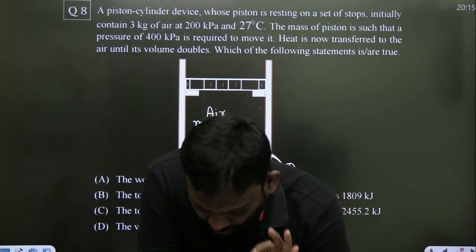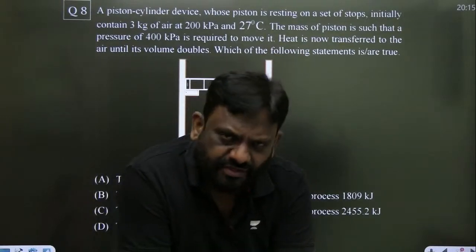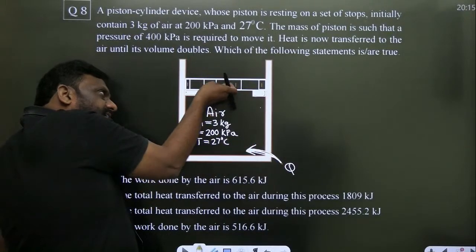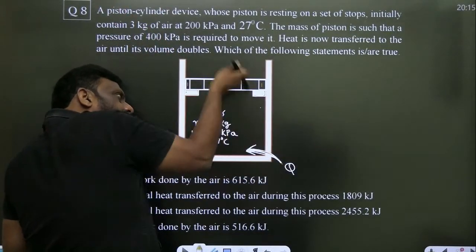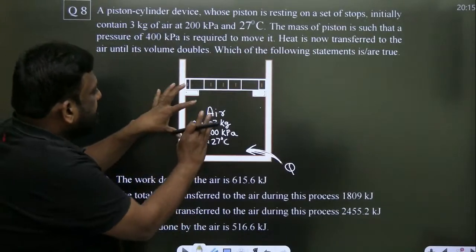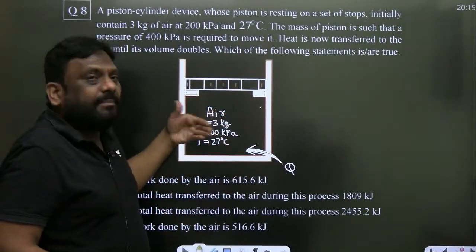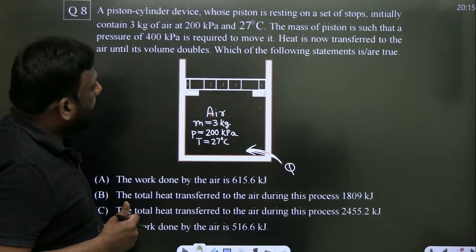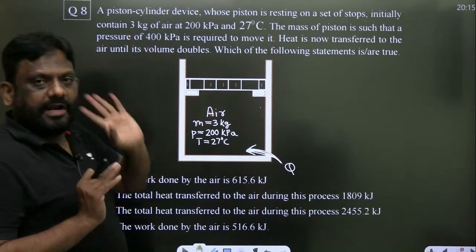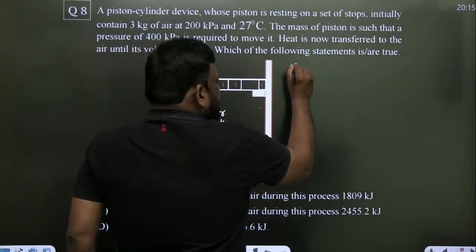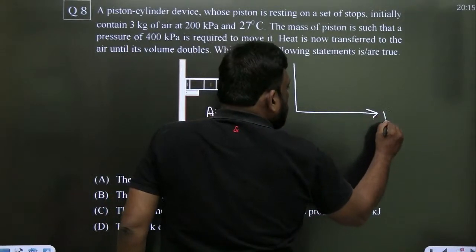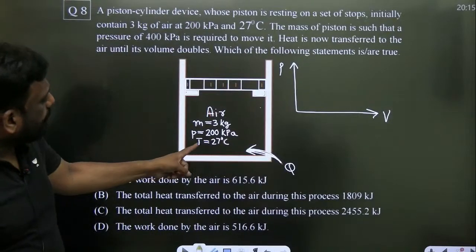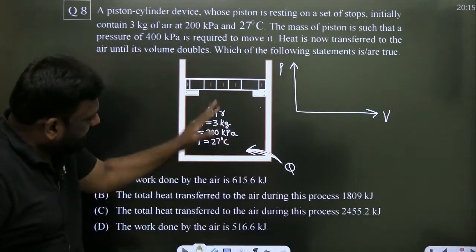It is a great question, sir. I will explain it very well to you. Tell me, immediately after the supply of heat, will the piston rise? No, because sufficient heat is required. So after the temperature increases, collisions increase. When collisions increase, the pressure slowly rises, from 200 to 400. So now I can say the system is undergoing two processes. Look carefully. Initially heat is supplied, but the volume is constant.